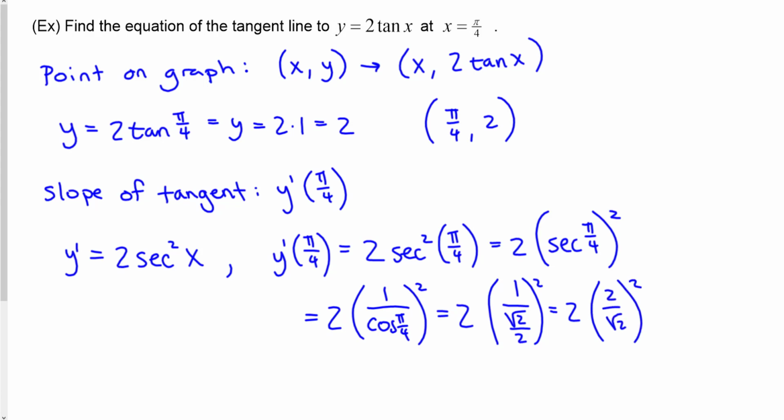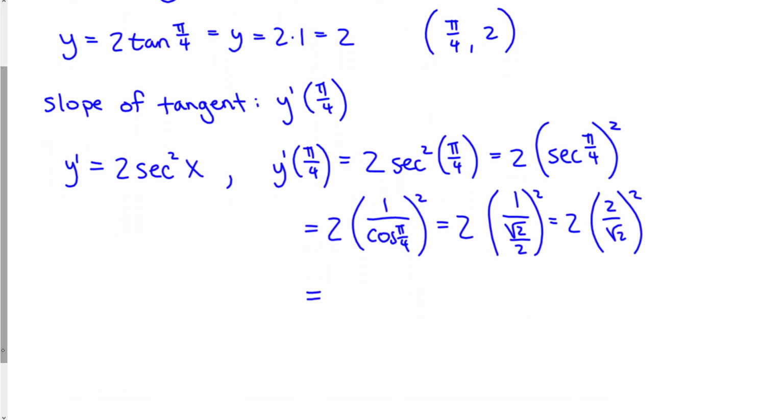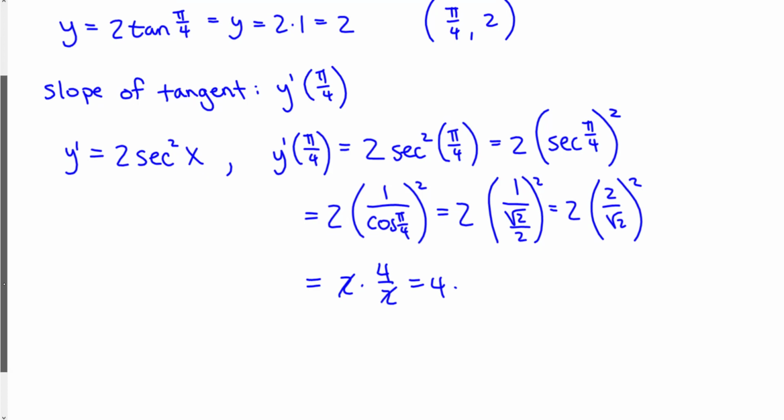If you square that fraction, this could be 2 times 4 over 2. The 2's cancel, leaving me with a slope of 4. So I now have the slope of this tangent line at 4. So to get the equation of the tangent line,